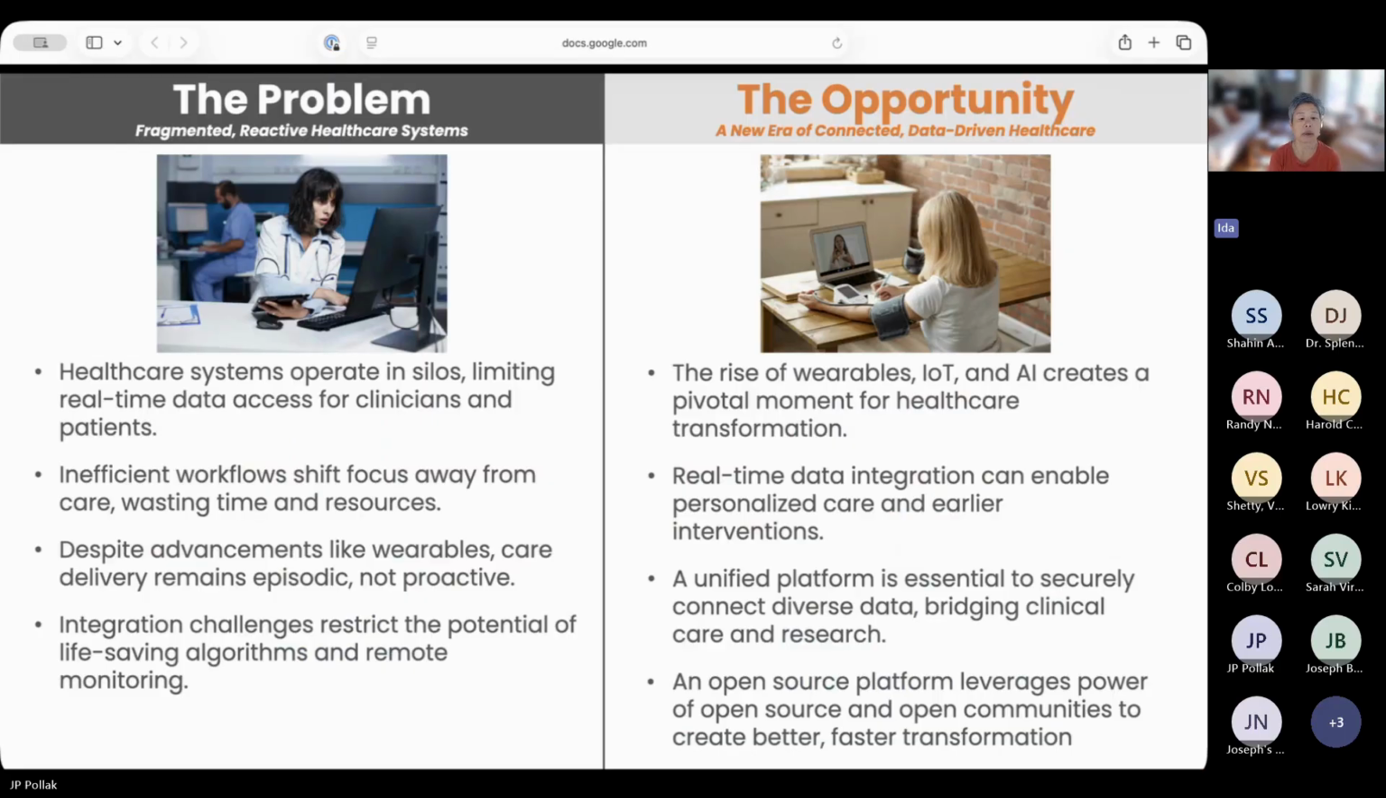Next slide. So just to recap the problem, I'm sure you're well aware, right? We operate in silos, our workflows are inefficient, we're reactive, not proactive, and there's a tremendous amount of friction in building the kinds of solutions that we need. And I would say this is a market failure; the solutions are not the ones that we need. The opportunity, obviously, is real-time data integration, with as little friction as possible. And our postulate is that a unified platform that is purpose-built for the problem, as we've stated, is what's needed, and that an open source platform would leverage the power of open source and open communities to create this better,